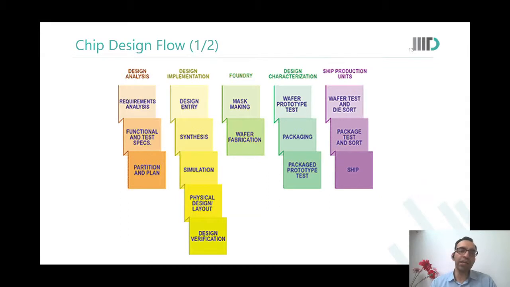And then you enter the stage of physical design and layout. This is hardcore implementation. And once that implementation is done, you will do a design verification to check that whatever chip I have now designed and implemented is in line with the design specifications that I had. And then we call it a tape out. We tape out our chip and send the design to the foundry. In the foundry,